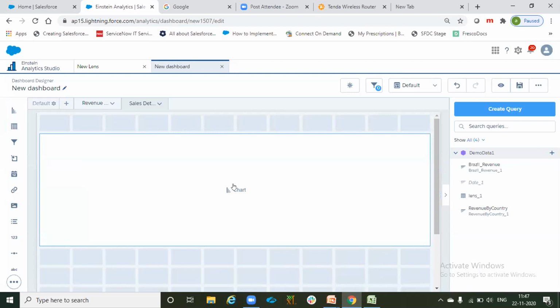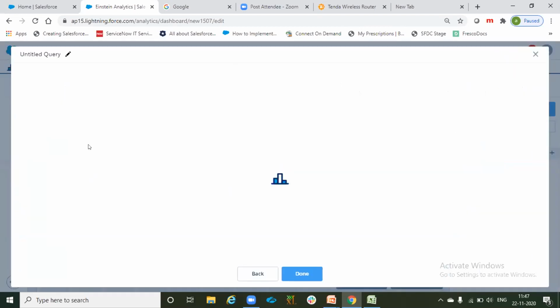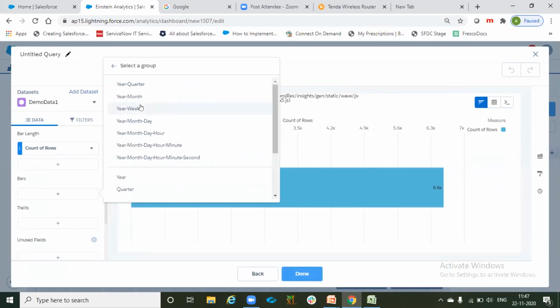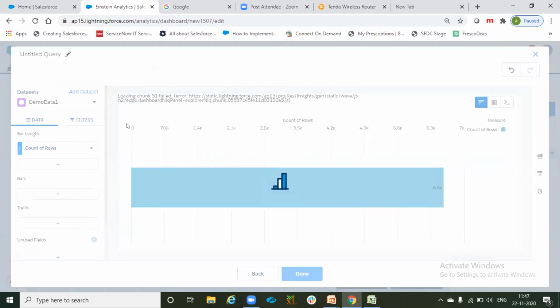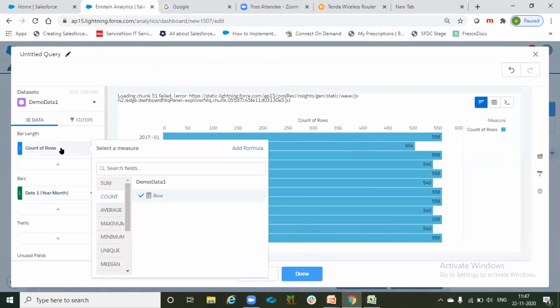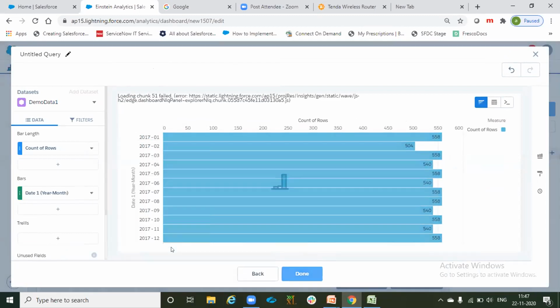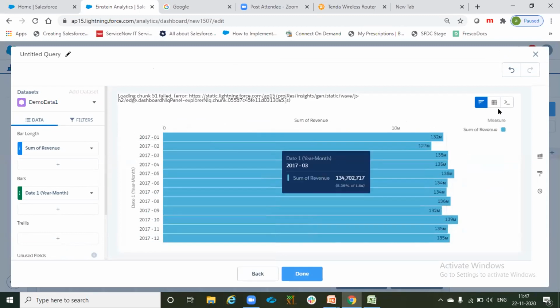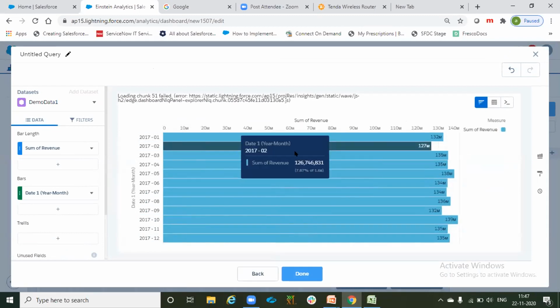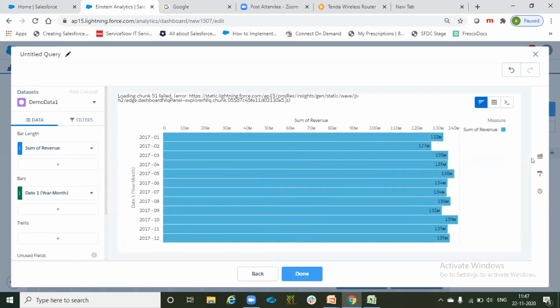So let me create one chart. Let me group data on dates this time. I just wanted to show for each year and month. And again, let's show sum of revenue. And as we have seen, for each month we are showing the numbers.